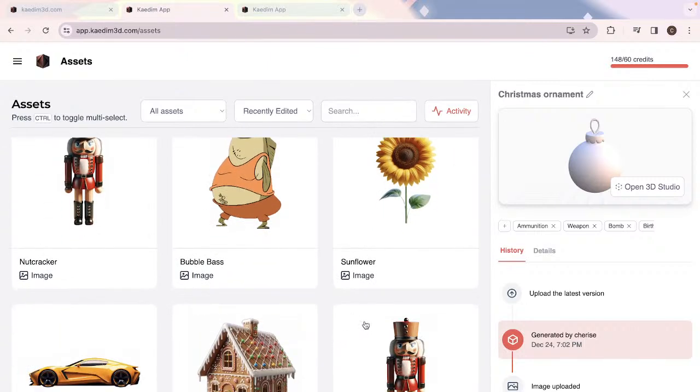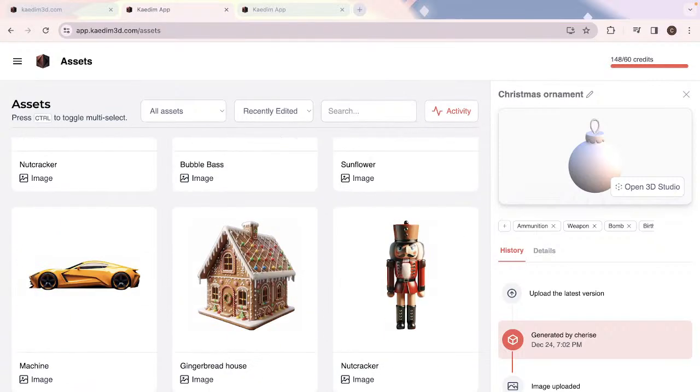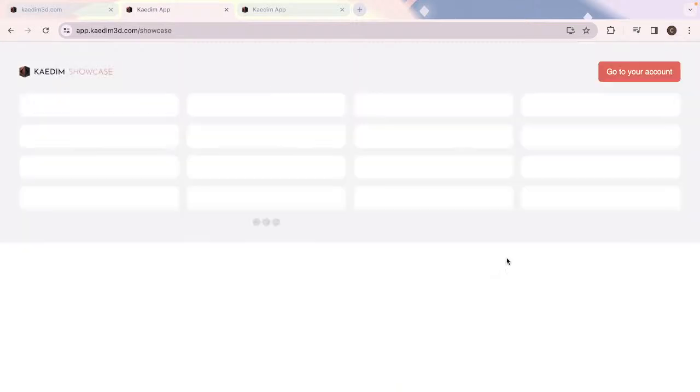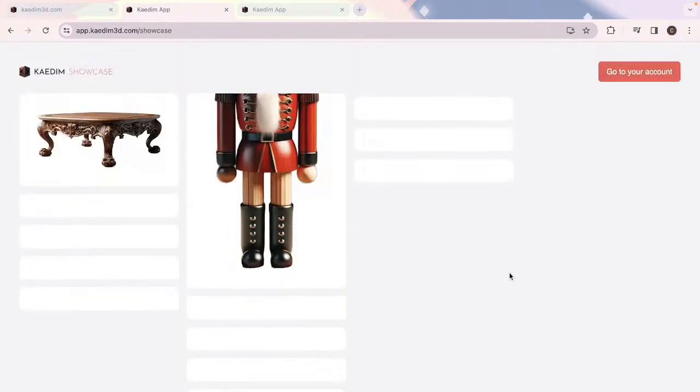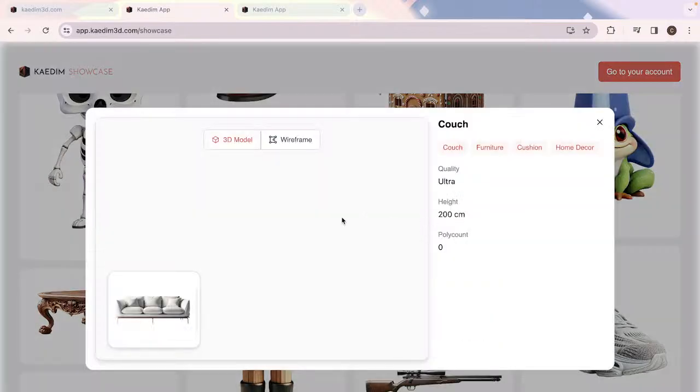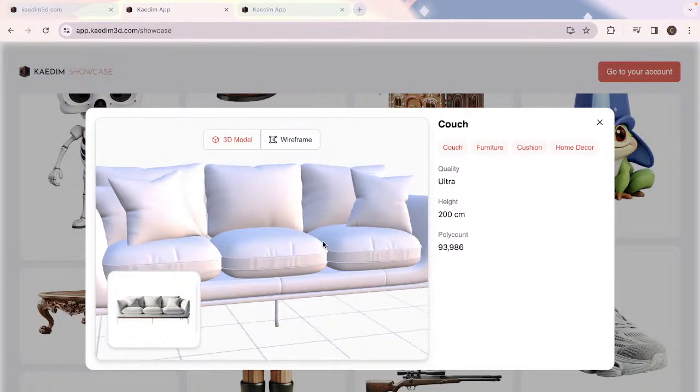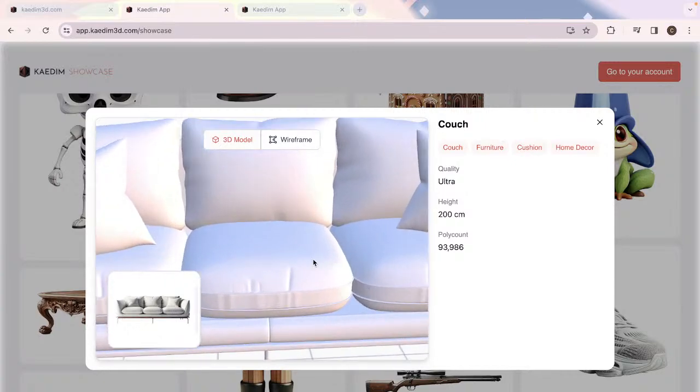For a highly detailed sofa model that has many creases and folds, can your AI engine create a low poly model and bake that normal map from the high poly model to retain all the crease details? Yes, absolutely. So let me see if I have an example. We have a sofa in our showcase, which was generated in Ultra. So as you can see, all of the details are